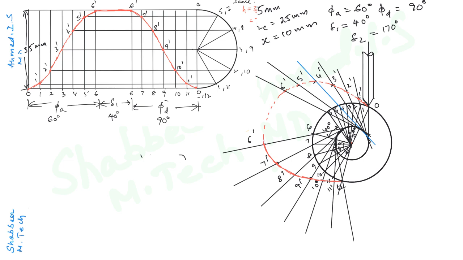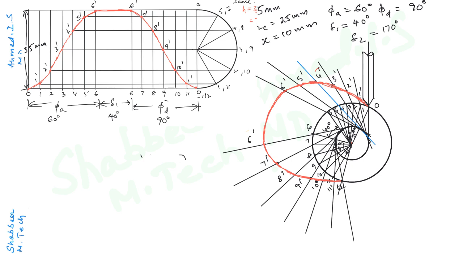And here, from 6' to 6', you can use the compass because it is an arc here. 6 6' are the same, so you can draw using the compass. But here from 6' to 1', we have to use freehand again to draw a curve, which is of course smooth. So now the red colored curve is the profile of the cam